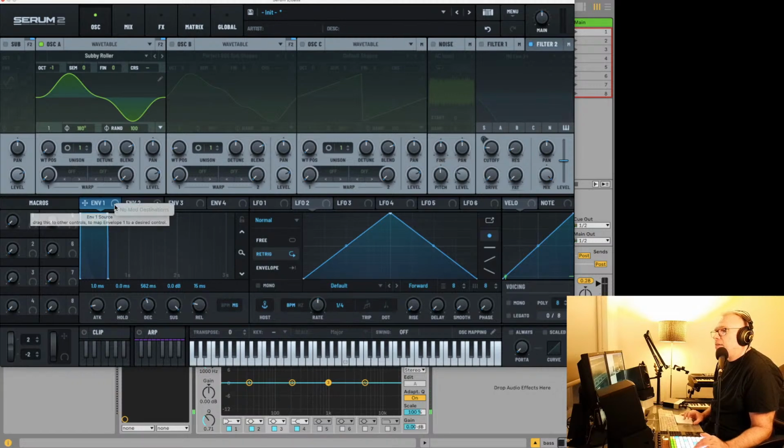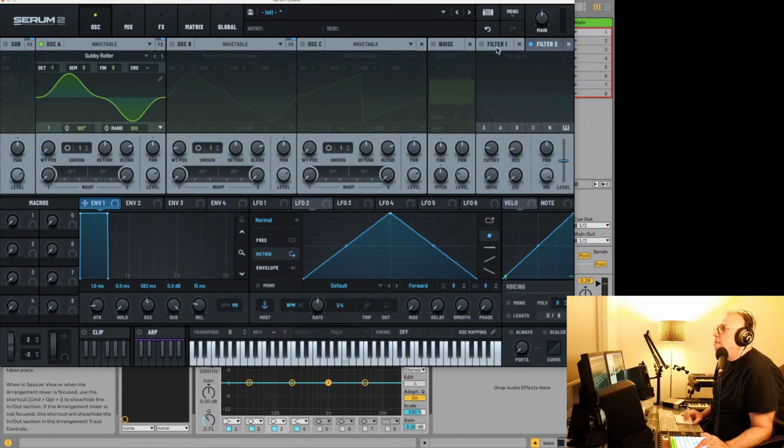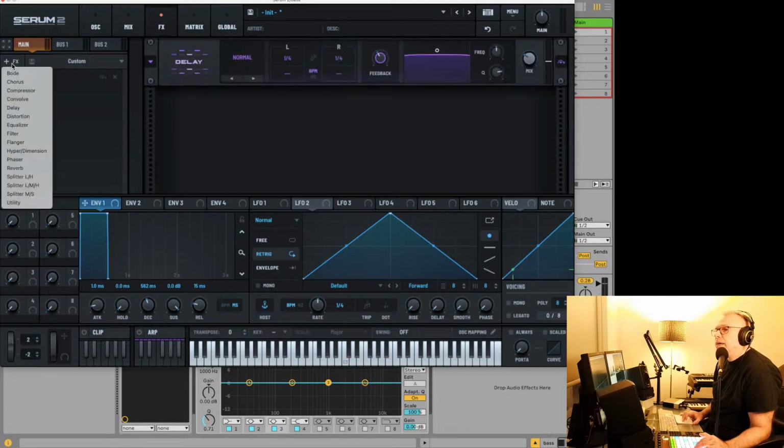So I'm going to get rid of the envelope here. Modulators. I'm just going to use this first one to do this instead. Oh yeah, we got to go back here. Send this to 1 specifically. Okay, we're going to just add a little bit of delay,